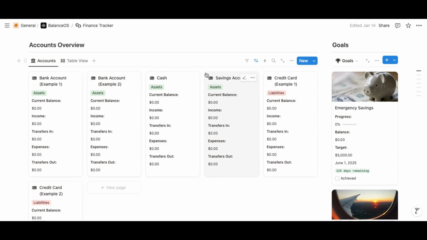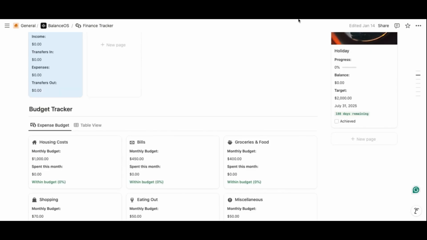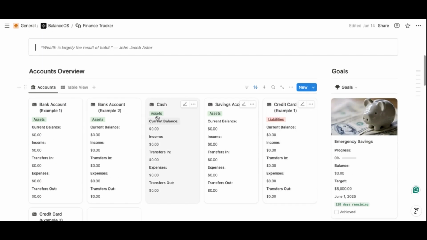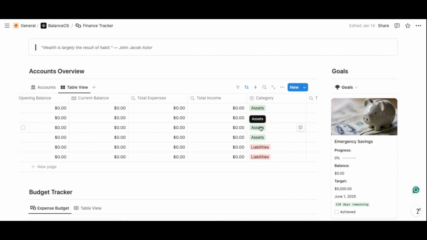To set up your accounts, we want to be here on the Accounts section at the top. Rename your accounts by changing the page titles. For example, replace Bank Account Example 1 with HSBC. Update the opening balance. So for bank or savings accounts, which we'll categorize as assets down here, enter the balance